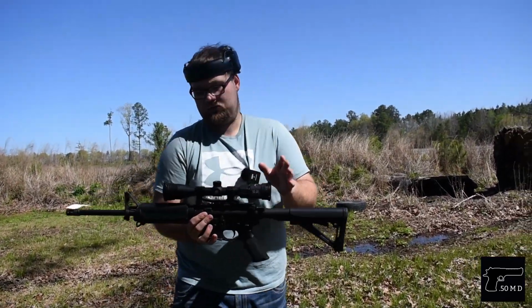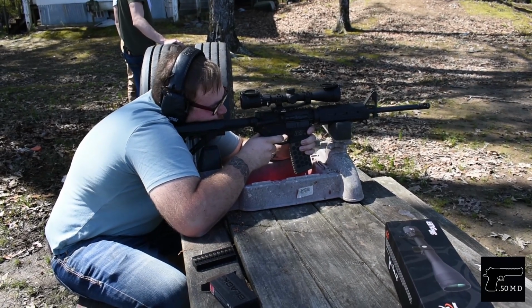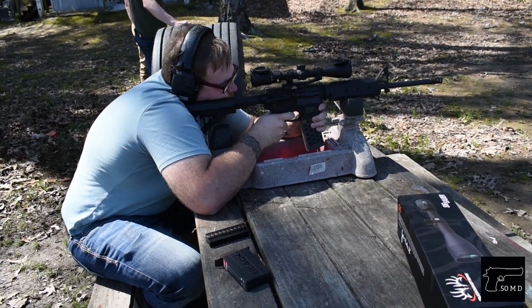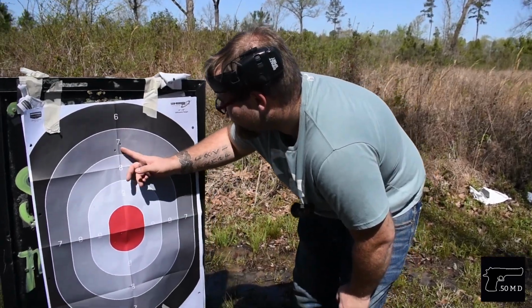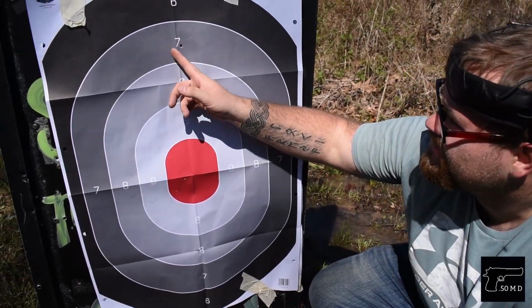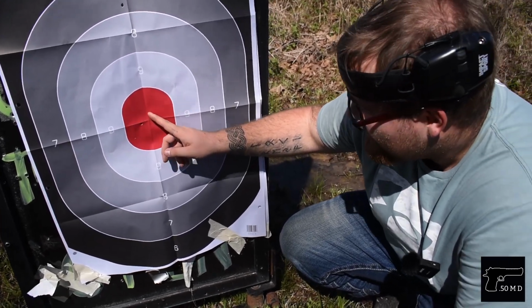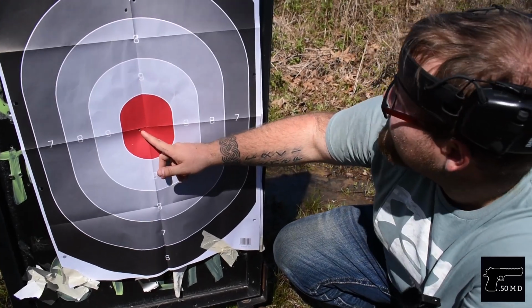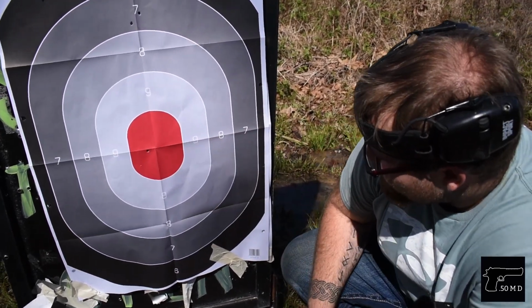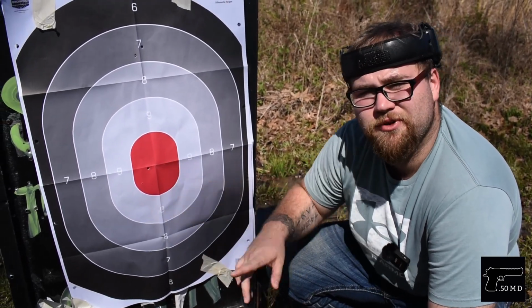All right, so let's see where the group is now. Okay, so that's the first 2 shots I shot just for reference with the zero on that 7 right there. So that's where it's at. I was aiming here. That's about the same. And I shot twice, and I have no idea where the other hole is. I have no clue. Interesting. All right, so I'm gonna just assume it's still where it needs to be, and we're gonna move on